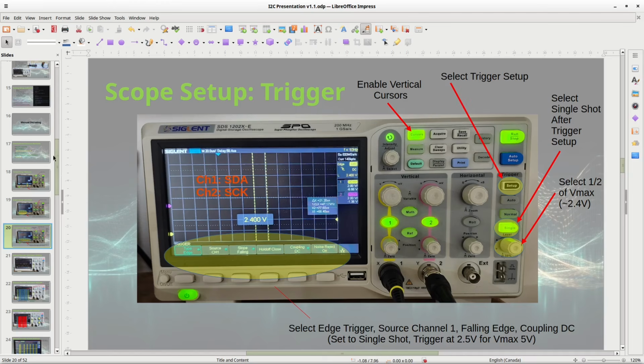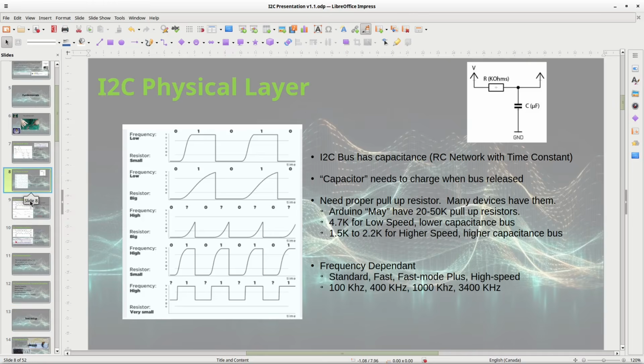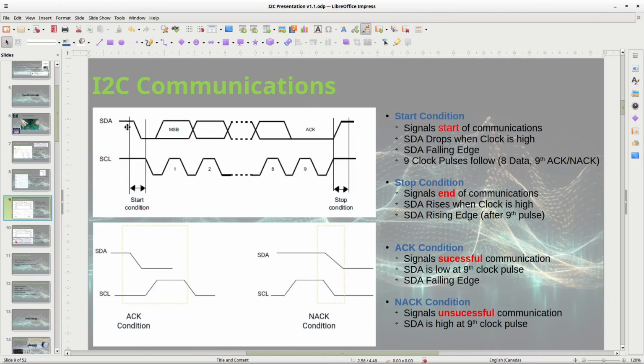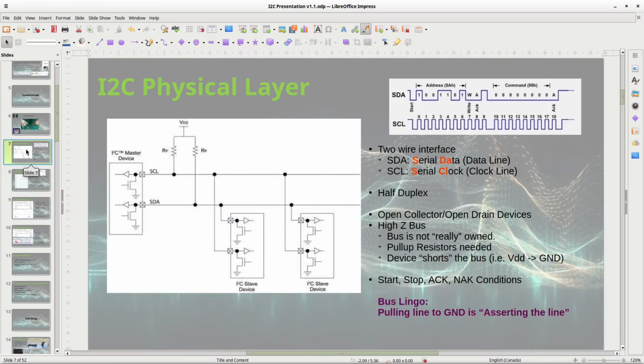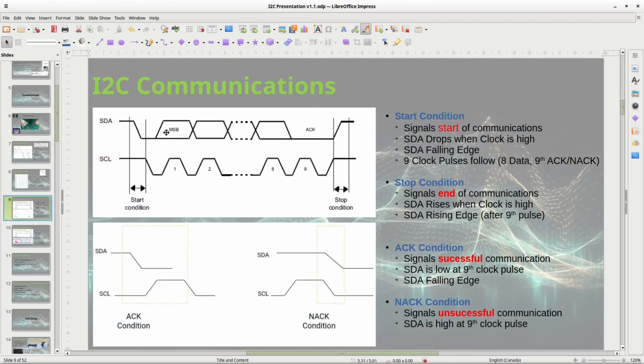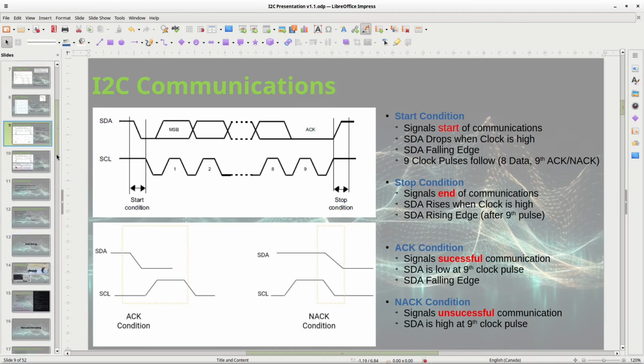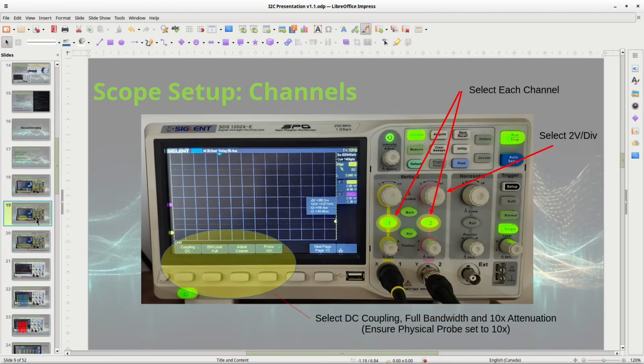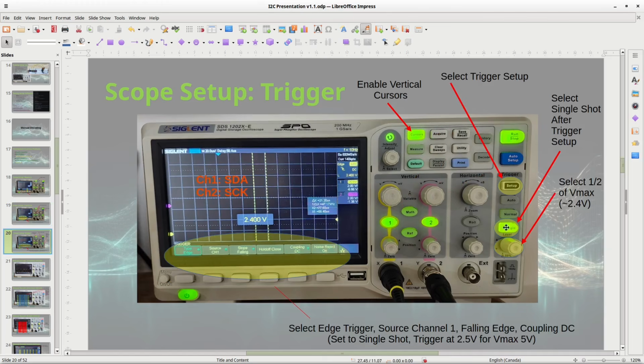Remember, way back up here, I said that the start condition, where's my start condition chart here? Start condition is the falling edge. So you want to trigger on a falling edge of SDA. Makes sense, right? So you're going to want falling edge on channel 1 to start the capture.